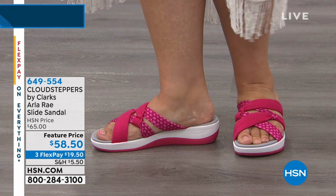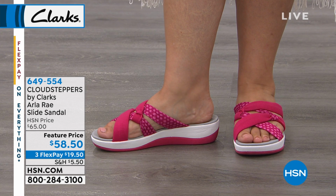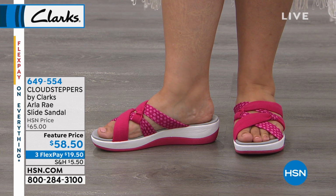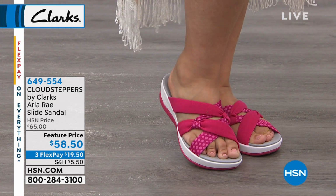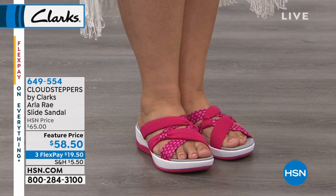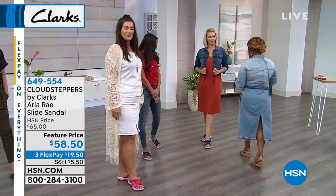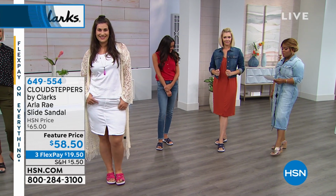It's really pretty. I love how it wraps around the foot. I really do. And look at that. I mean, you've got a cute little pinky toe, but I do love that this covers that. And pink, by the way, is the most limited, and we do have all sizes, 5 through 12. Miss Jan here is looking pretty sophisticated with her navy on, and Miss Jan normally wears a size